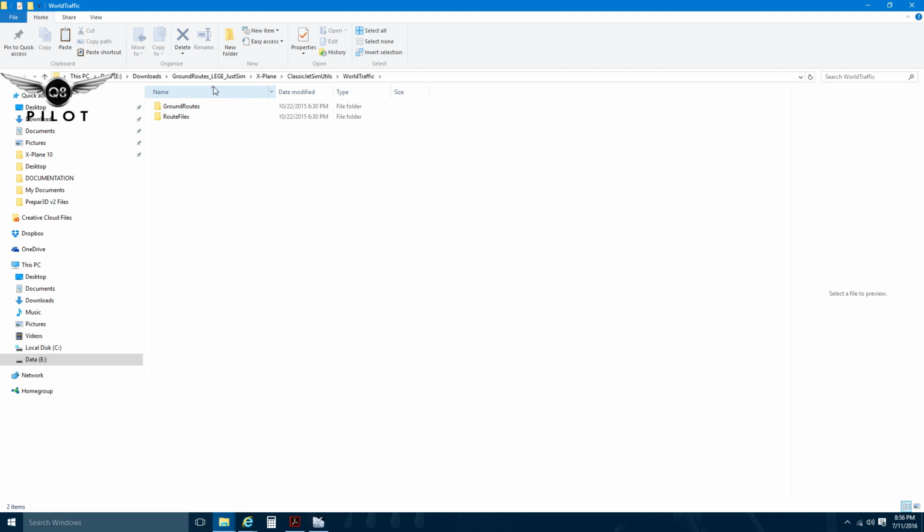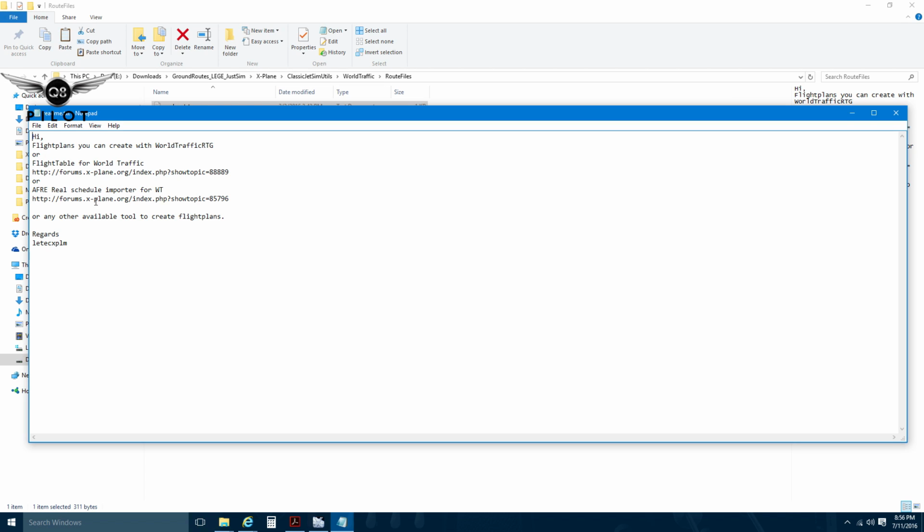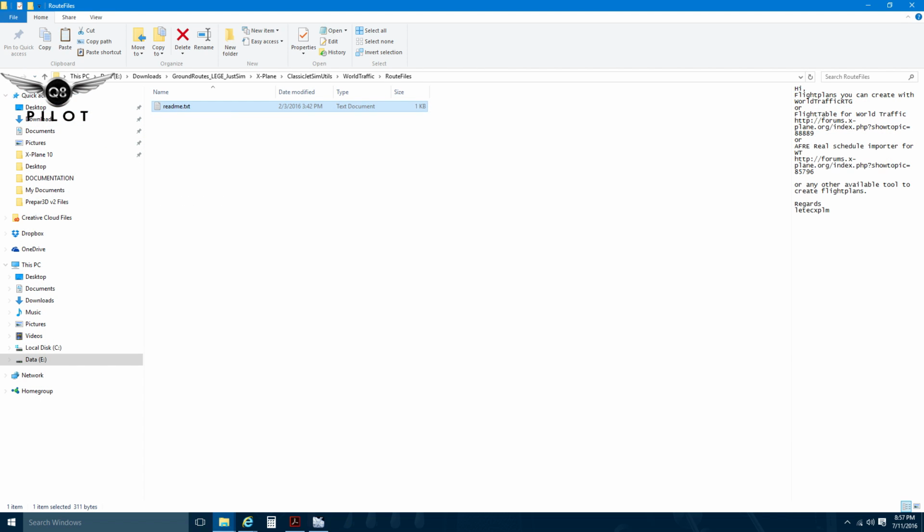Now for this airport, which is Lima Echo Golf Echo, and this is for the Just Sim airport, if you have it purchased, it has the ground routes, and you have the arrivals and departures, and it also has the route files. Okay, it actually doesn't. What it says here is you can create them using World Traffic RTG or Flight Table for World Traffic, which is available here. So you know how to create the random files if you don't have the route files. I've shown you how to do this in the video, but for the purpose of this video, I'm just going to go ahead and copy the